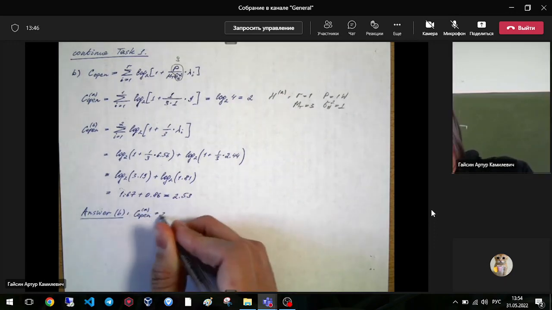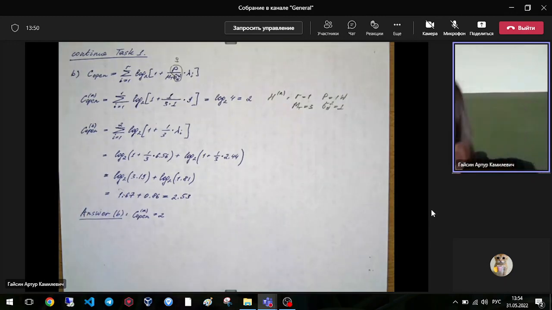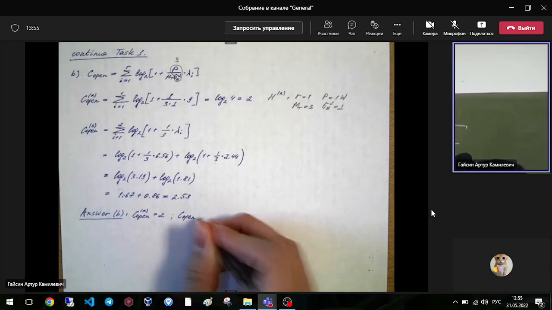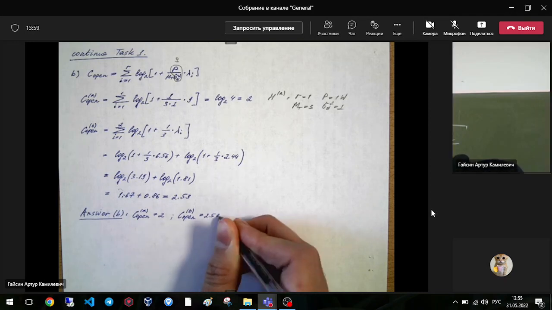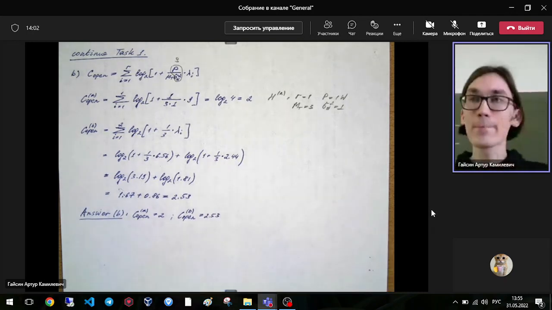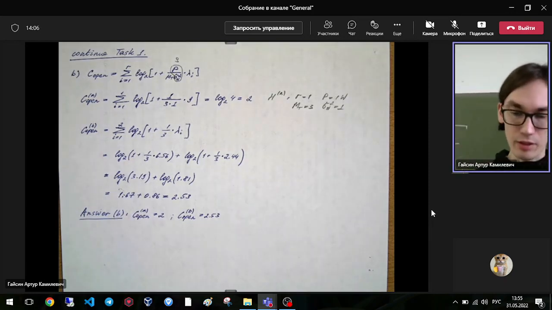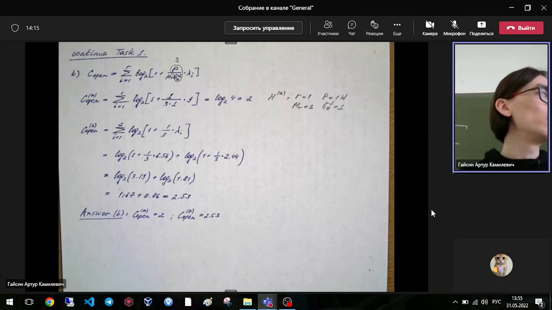equal to 2. And for channel B, C open subscript B is equal to 2.53. Yes, a little bit in this case. But I think yes, because